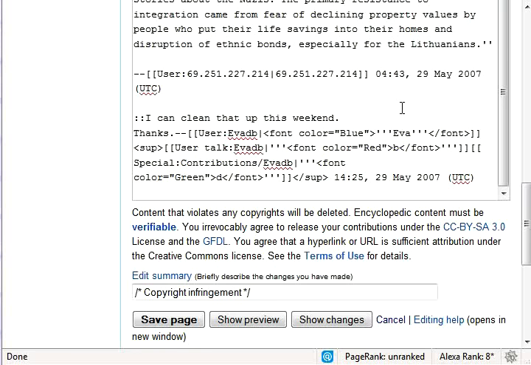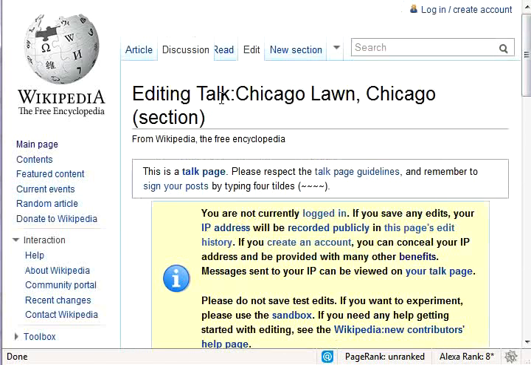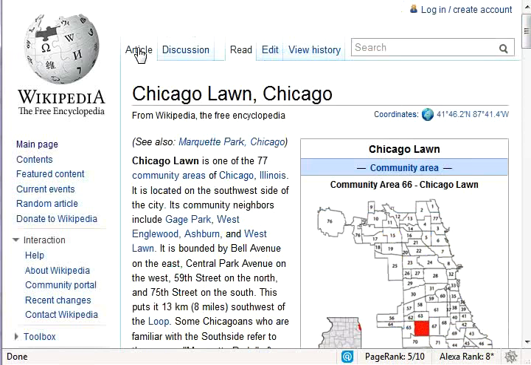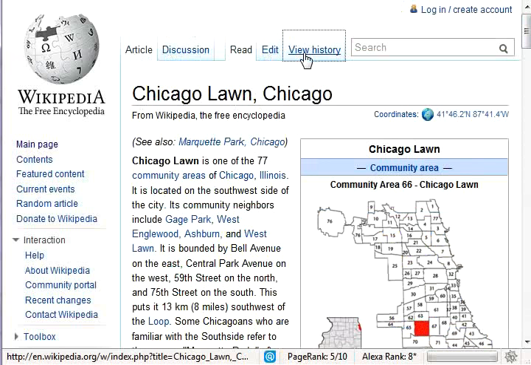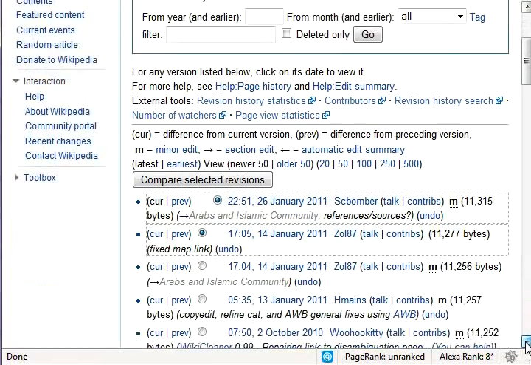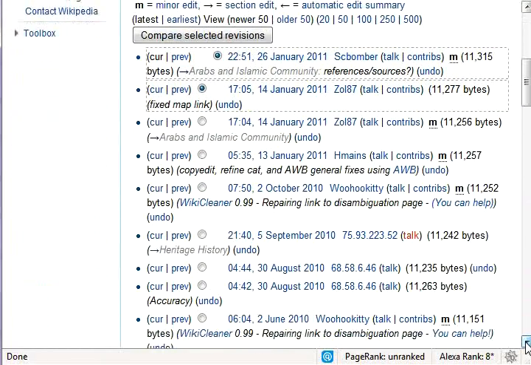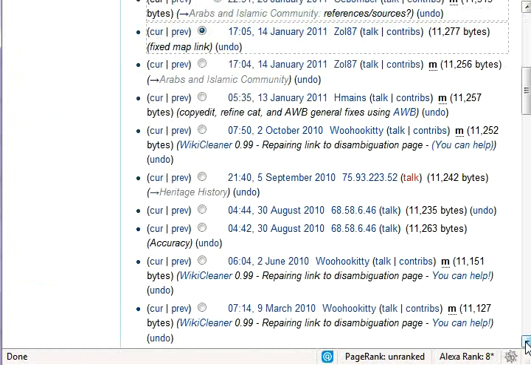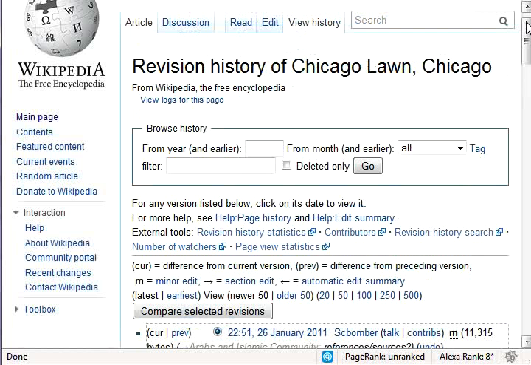This brings up a general concept that's important to remember when you're doing these edits, especially if you're not trying to get traffic. If you're just trying to get backlinks and it doesn't matter how much traffic you're really getting, the more obscure and weird the article is, and when you click on view history, the less history of edits it has, the better. Like this one, you can see hardly anyone is coming here and editing. I mean, in all of 2010, they're not even coming once a month and looking at this page. These are the best pages to get links if you're using any of the techniques that I'm talking about in this video.